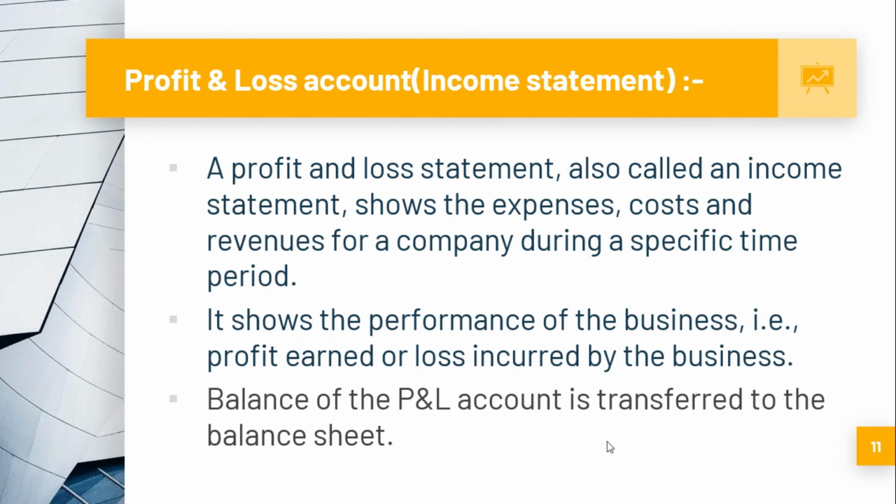So what if we are in a loss? When our company is in a loss, that means we have lost money. So the capital of the company will decrease. That is, the balance sheet will again be affected. So the balance of the P&L or whatever happens in the P&L will always affect the balance sheet.